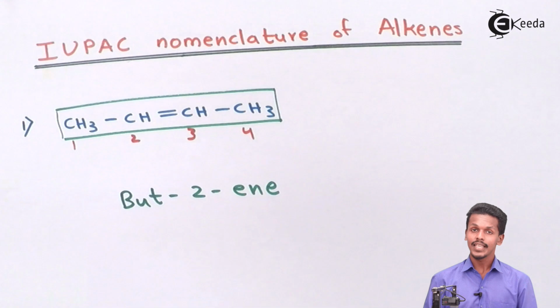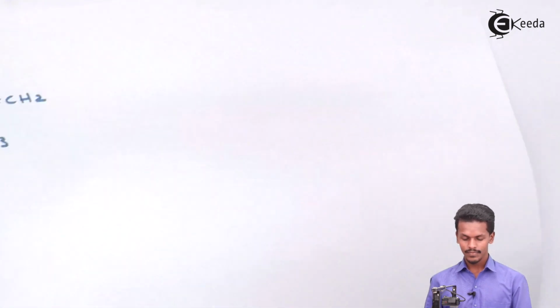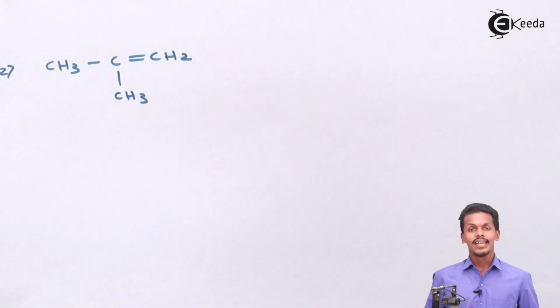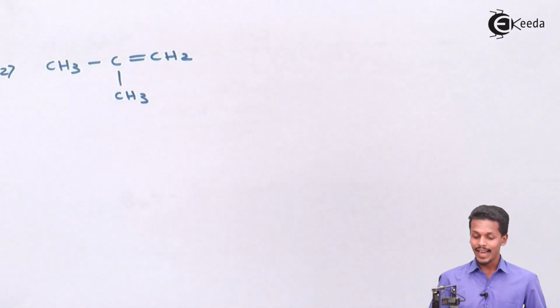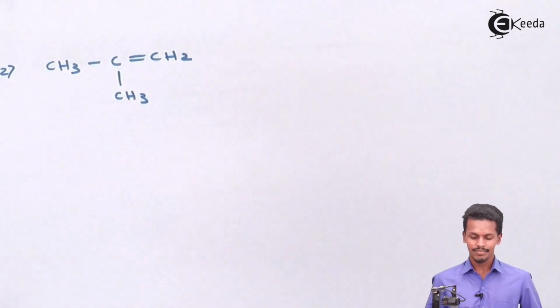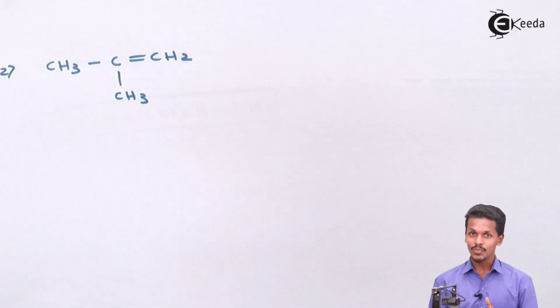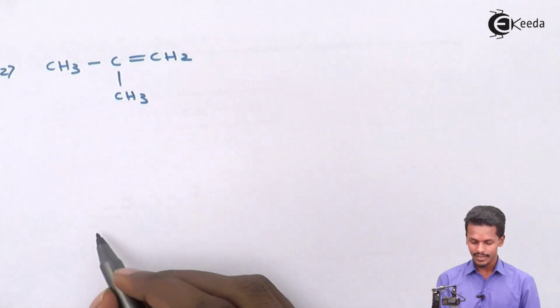So now let us start with another one. This is another molecule that we have, and we have to give the IUPAC nomenclature to this also. The first rule we know is that we have to select the longest chain. But suppose I write this molecule in this manner,